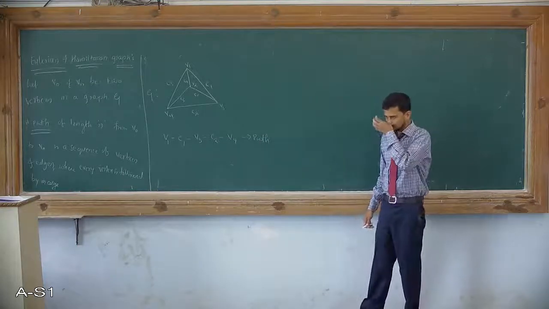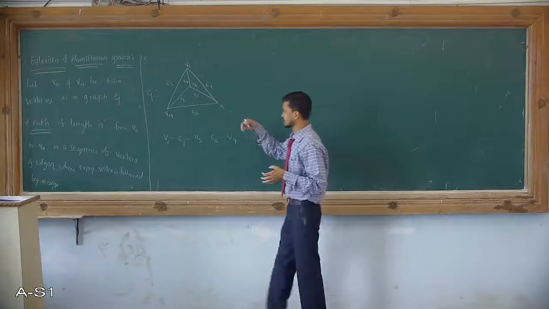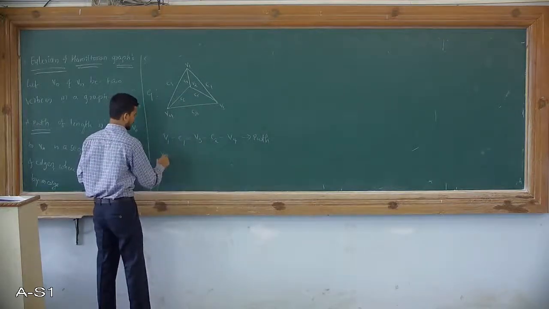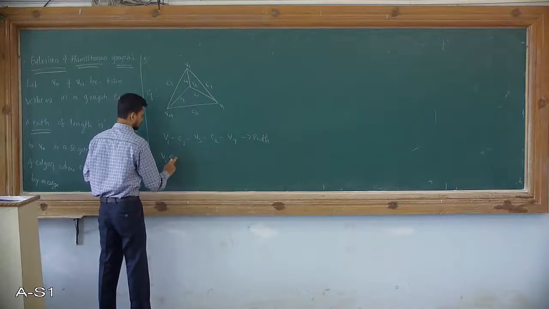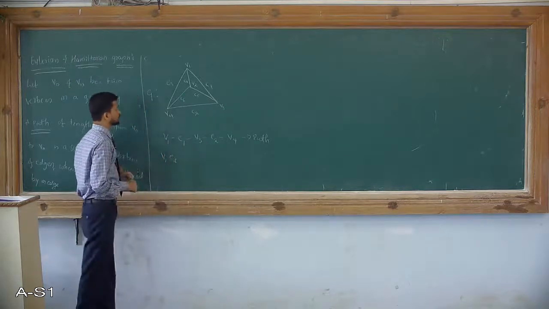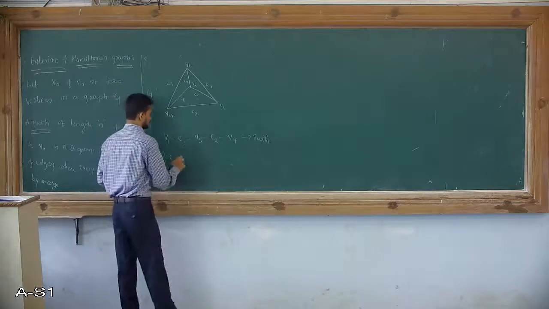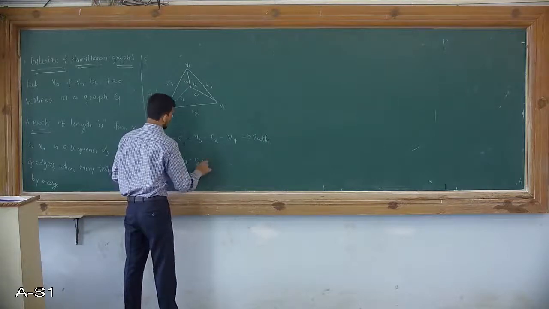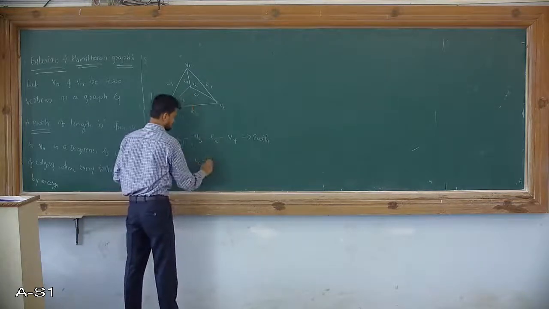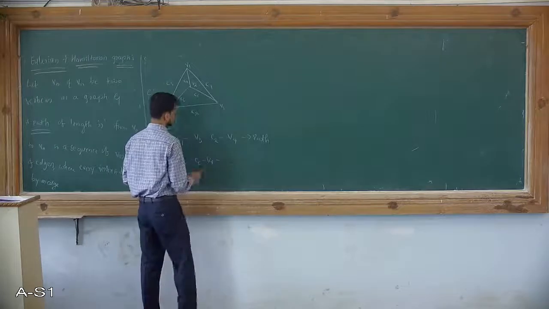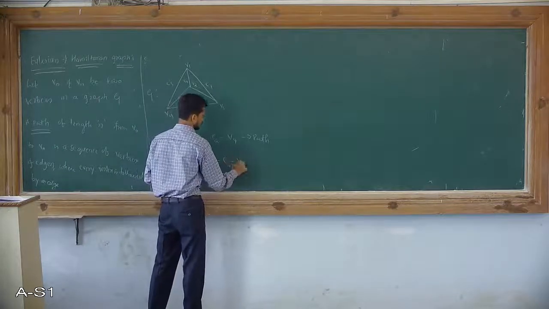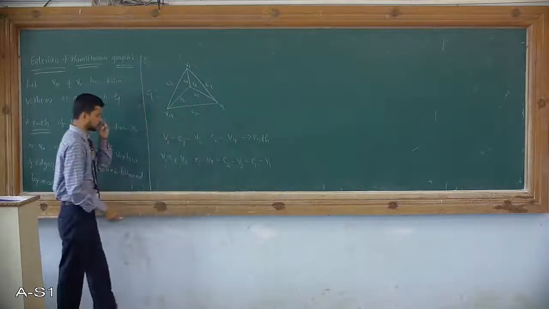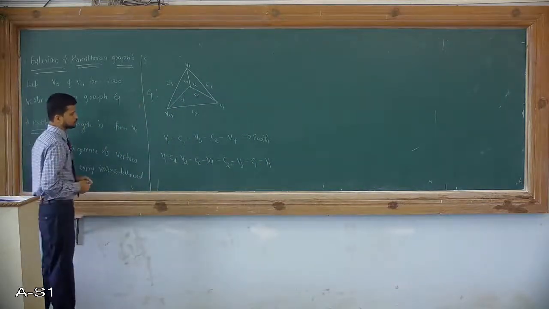So now, I will try to write one more path here in this example. V1, E4, V2, E6, V4, E2, V3, E1 and E1. So this is also one path where the postman has to travel to deliver the post.